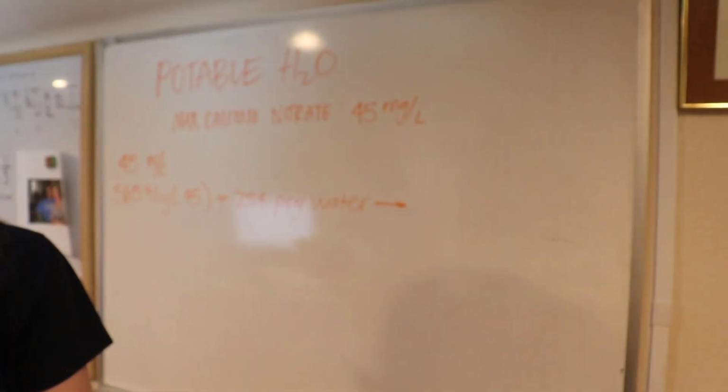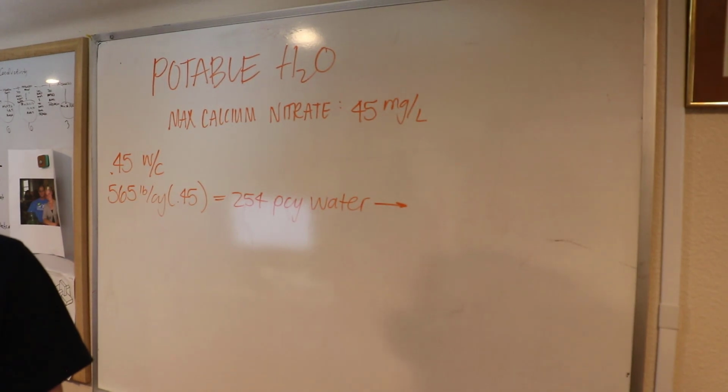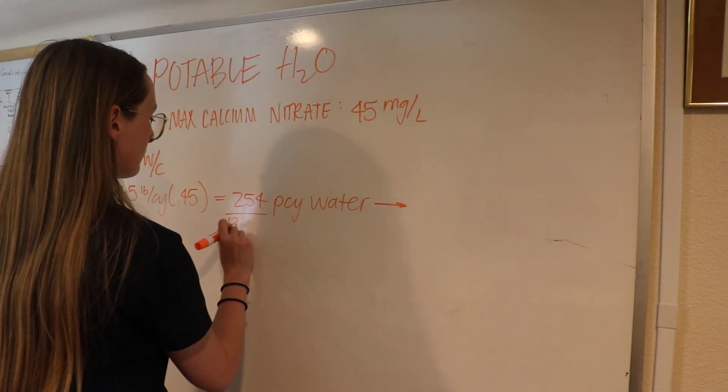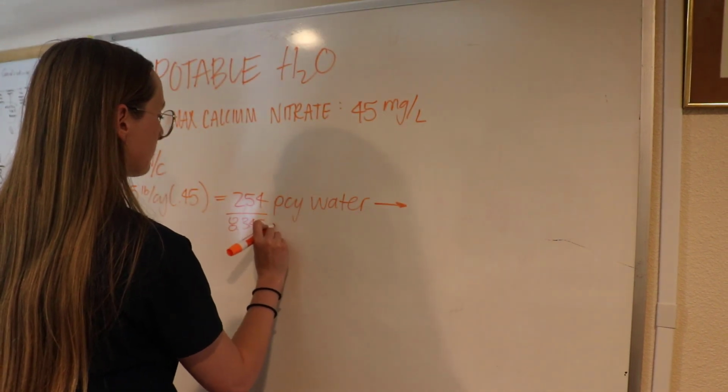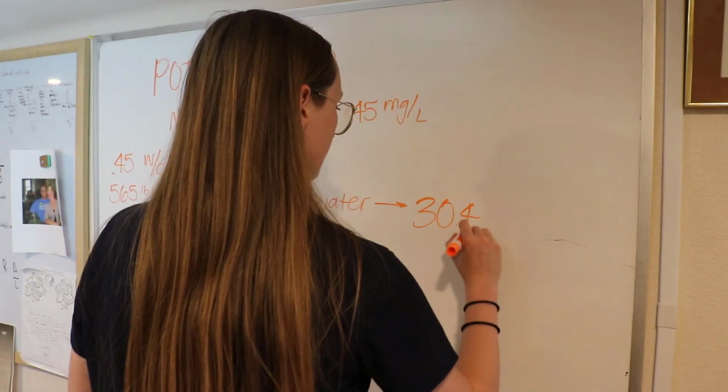We first have to convert that to gallons, right? So 254 pounds per cubic yard divided by 8.345 pounds per gallon of water gives us